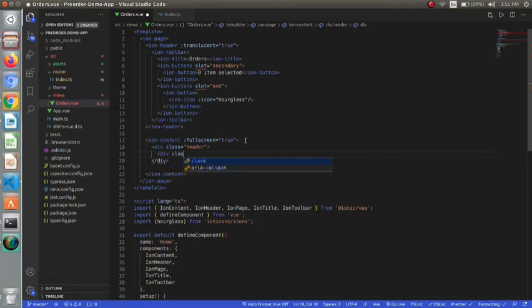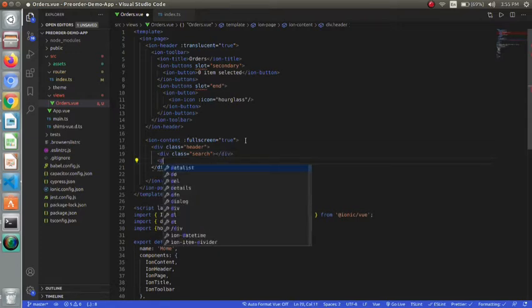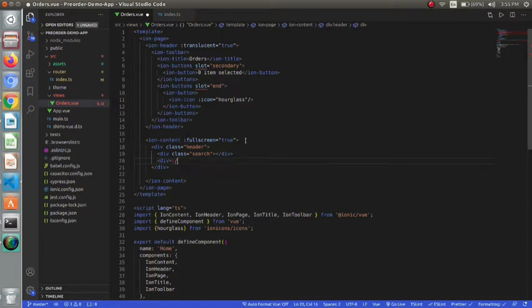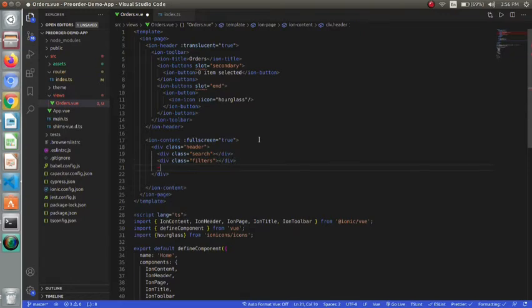Inside header I will be having three parts, that is, the first one will be the search, the second will be the filters, and lastly I will give it a name called results.